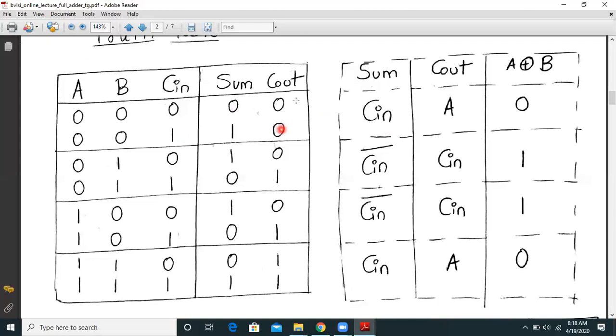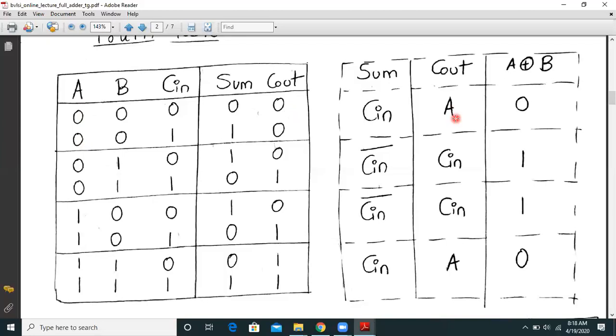So basically Cout is following A. A is also 0. So Cout is following A. Basically it can follow B also, but in this case we are only setting it to A. So Cout is 0. It is nothing but A, as you can see. We can also write B over here, doesn't matter.